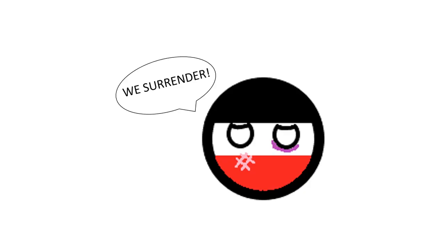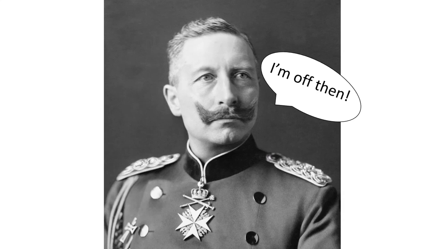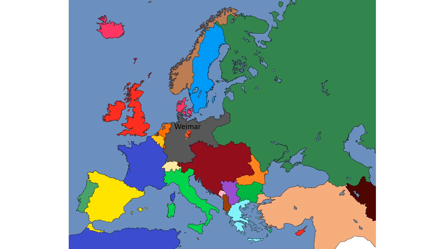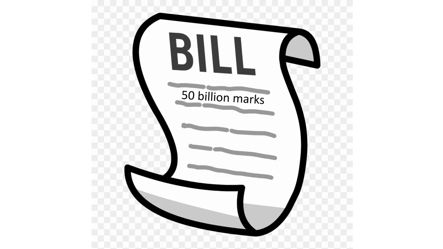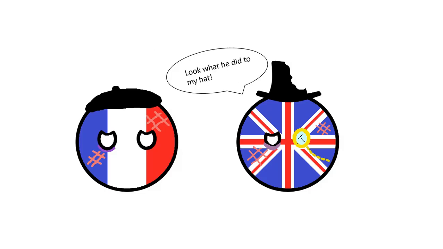The story of the Weimar Republic starts in 1918. Germany had just lost World War I, and in the chaos that followed, the Kaiser abdicated. As a result, a group of politicians got together in the town of Weimar and created a democratic republic. This new republic soon had to conform with the Treaty of Versailles, which forced Germany to give up territory, massively reduce its armed forces, pay huge reparations, and accept full responsibility for the war.